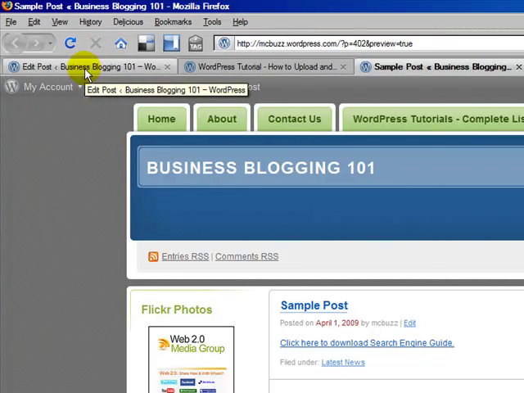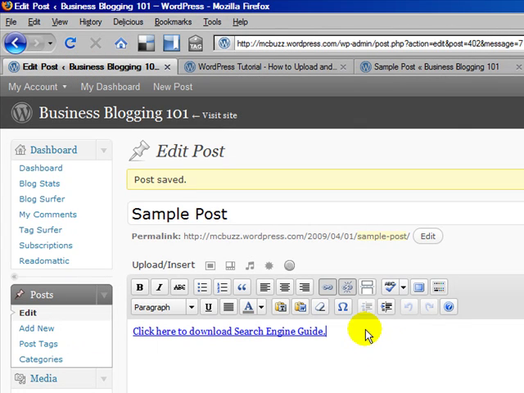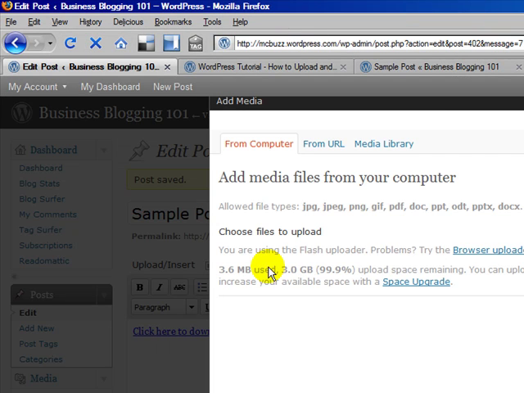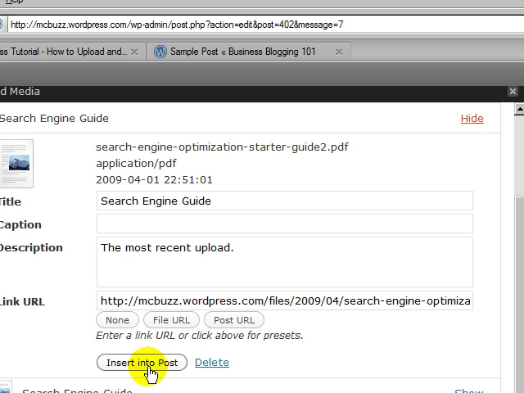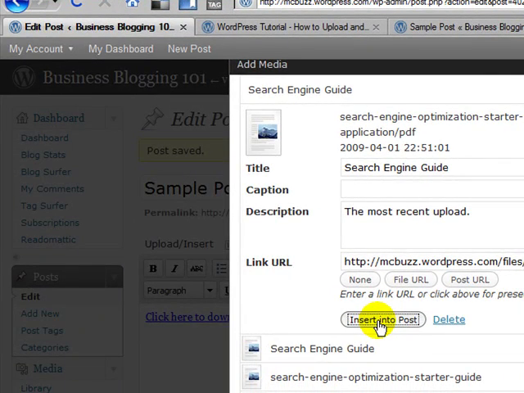And then there's one other way to do it. Let me see if I can do this really fast because I'm running out of time. Which is, as I mentioned before, put the cursor wherever you want, okay, and then go into Media Library this way, clicking on that Insert Media button, Media Library, okay, show the file, and there's a button here that says Insert into Post, okay, so if I click on that button,